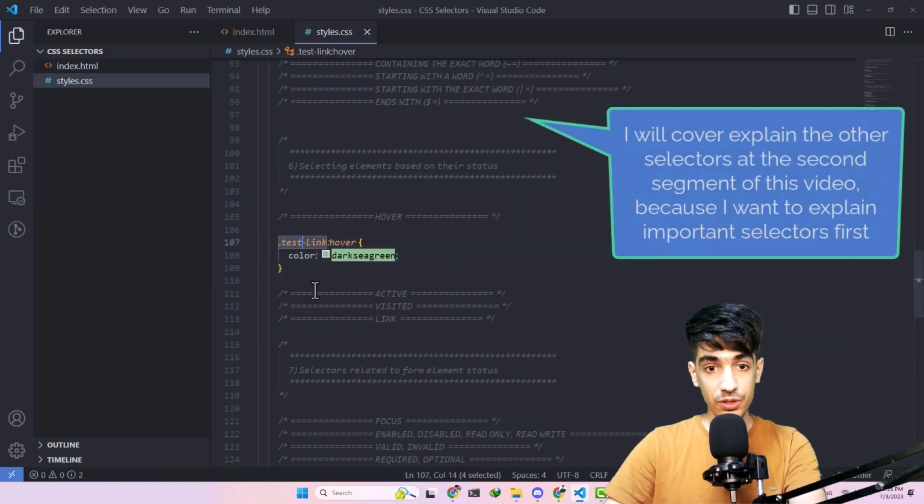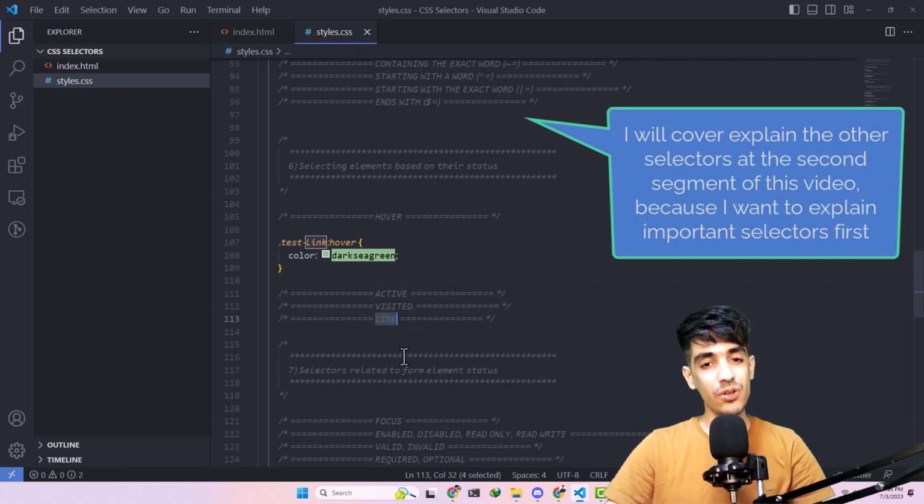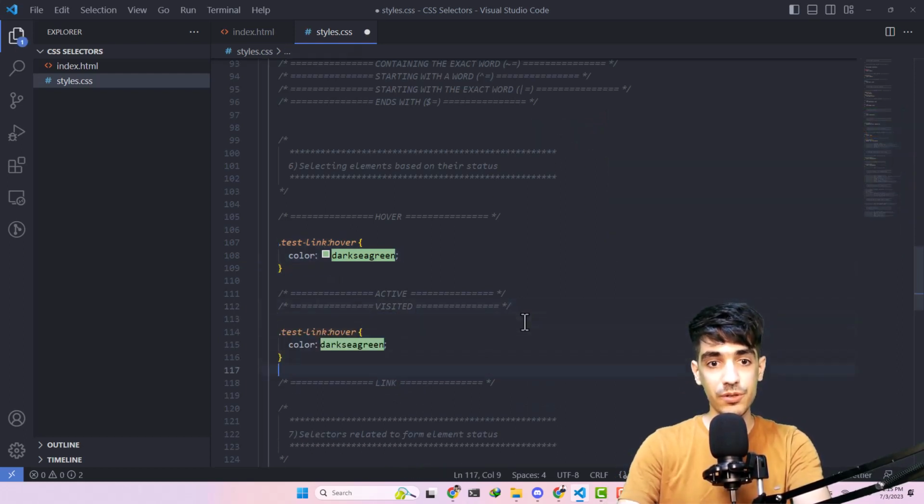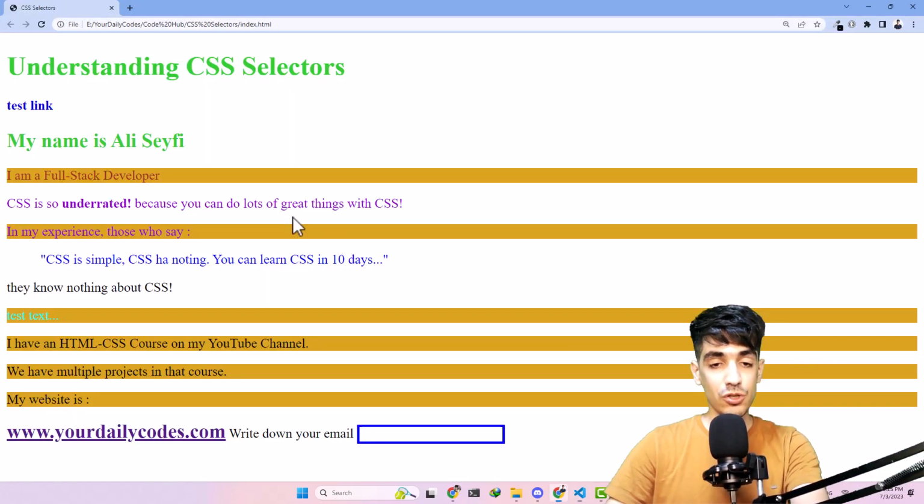For hover, we all know that. The active and link ones are not as important, but let's cover the visited one because it could be useful in some circumstances. When the page is loaded, as you can see, the color for this text is purple and this one is blue. Why is this one purple? Because I have already visited this link, and browsers treat these visited A tags